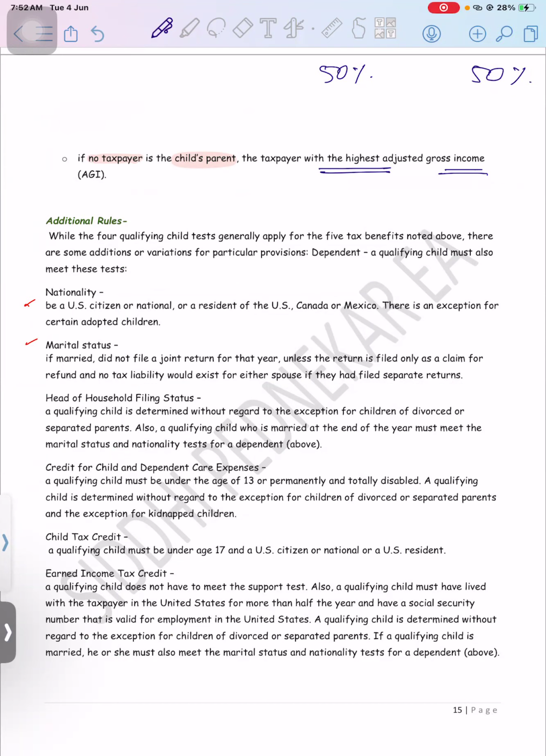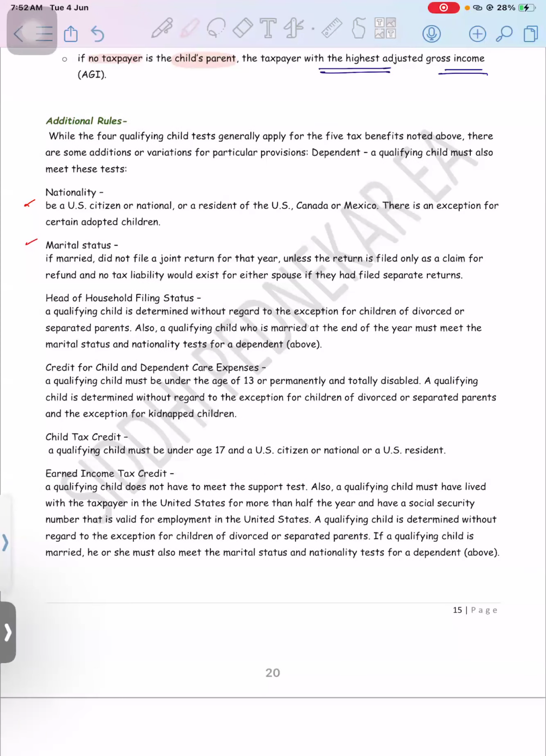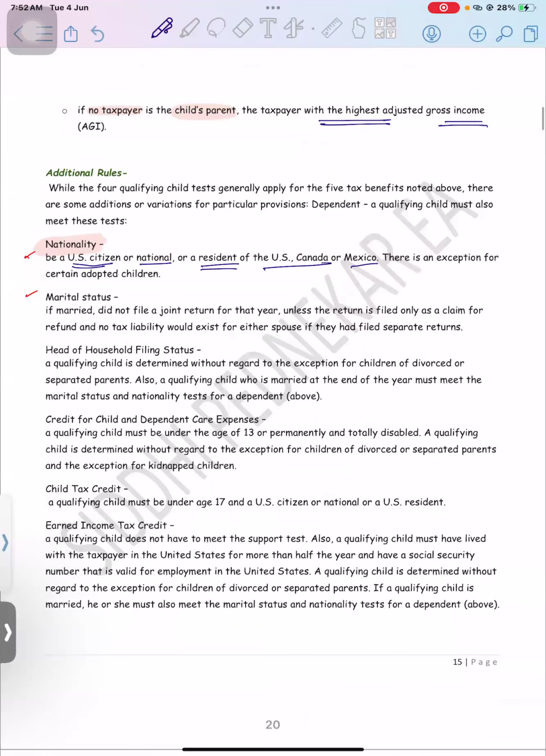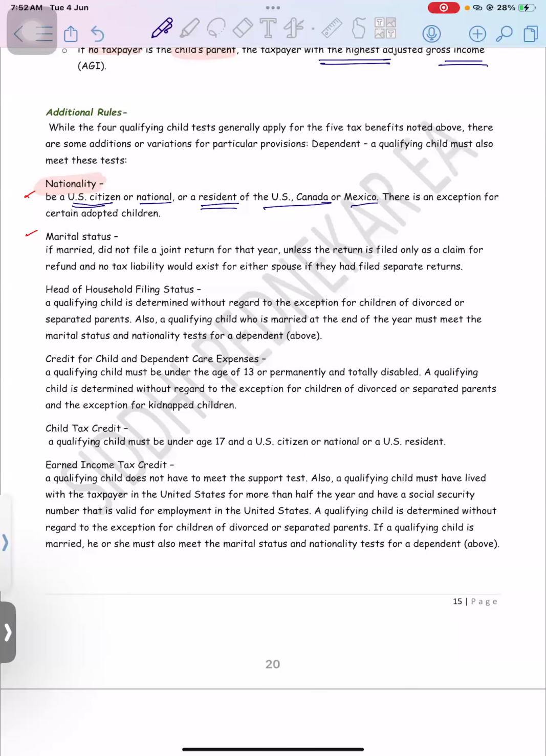Indirectly. First is nationality. Yesterday, in the first session, we have seen that, right? If a person is a US citizen, national, or a resident of the US, Canada, or Mexico, then only can you consider that person as a qualifying child. That is the definition. Then there is an exception for certain adopted children also. If a person is an adopted child, the foreign child can be considered as a qualifying child for the purpose of